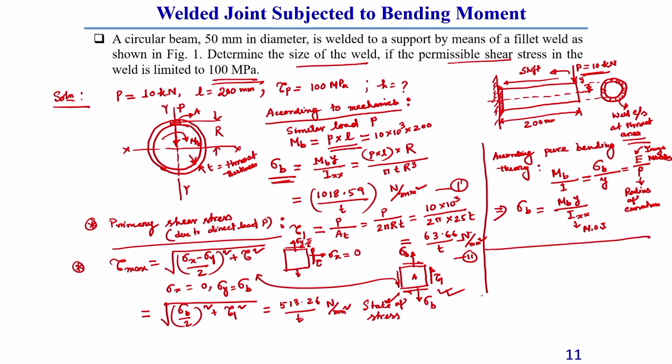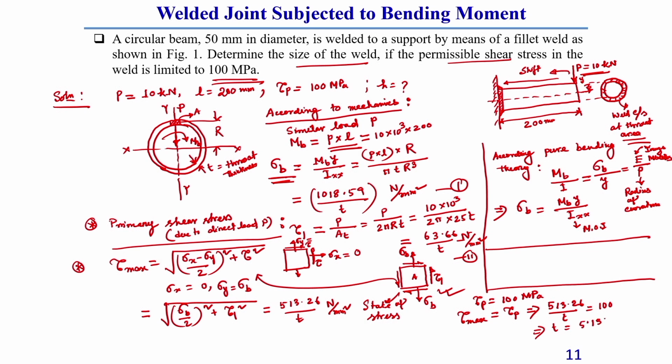Now, here the permissible stress is given as 100 MPa, so tau permissible is 100 MPa, this you should keep in mind. So, tau max we should compare with tau permissible. By comparing these, 513.26 divided by T will be equal to 100. So, from here we can get T is equal to